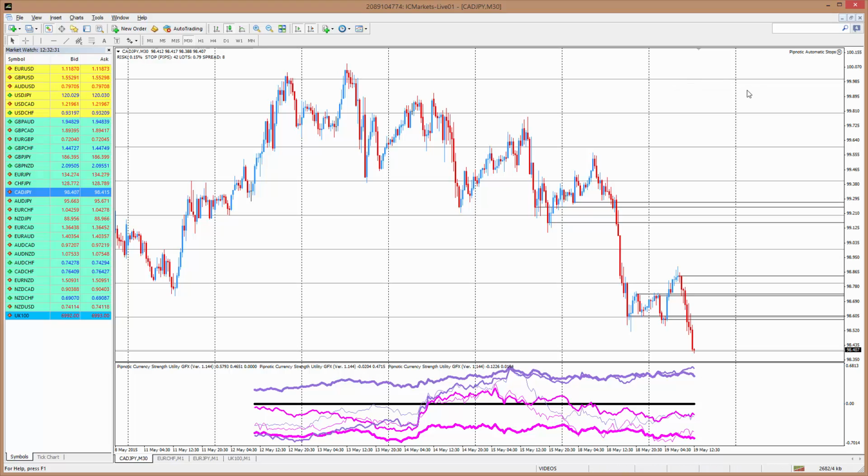You can see that we have price moving down nicely. We have nice yen strength, although on the short term you can see that the strength of the yen has moved below the zero line and is continuing to move a little bit lower. It hasn't passed the CAD line as of yet, but it's certainly moving lower. And so we have to